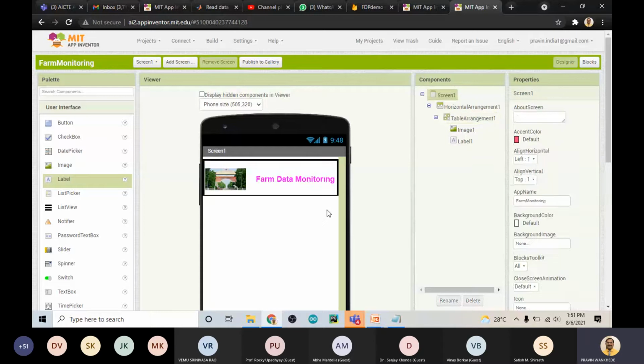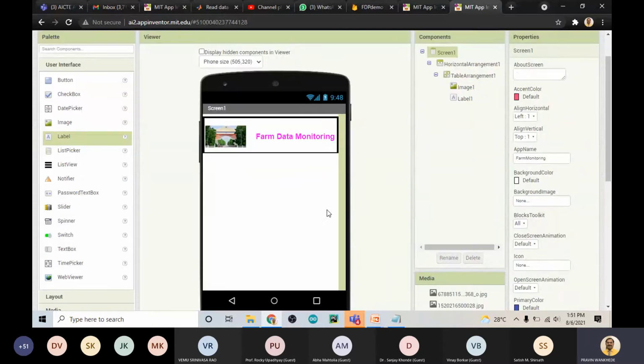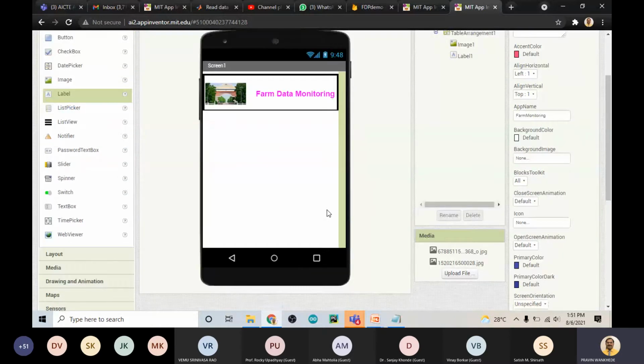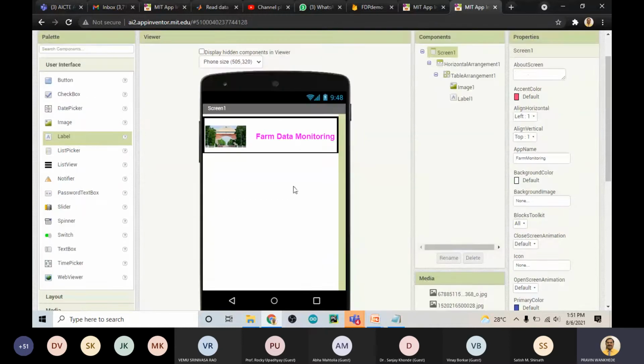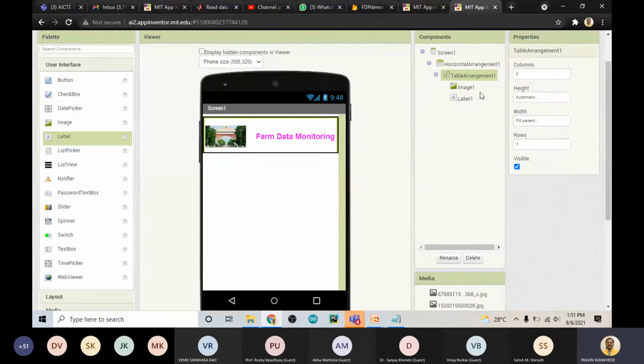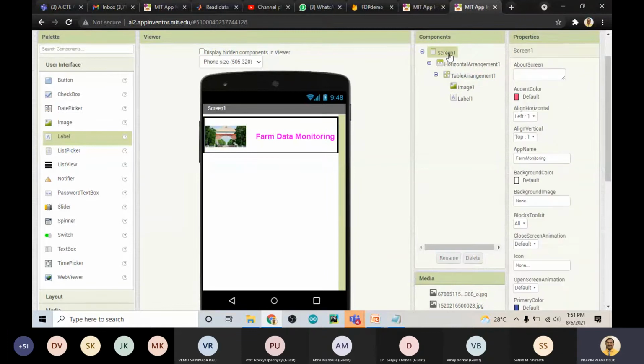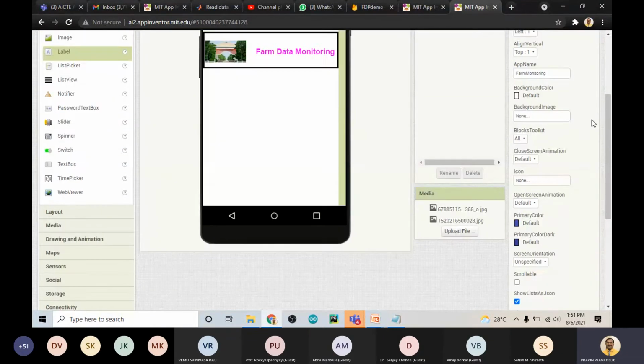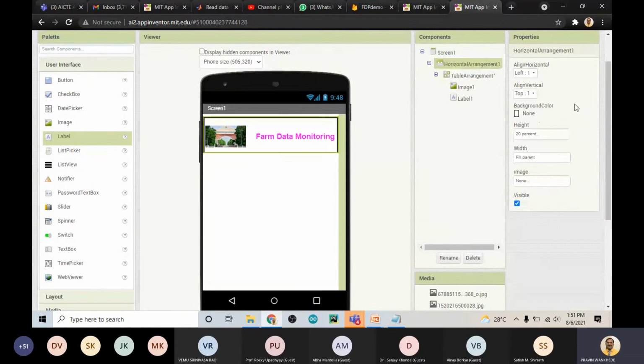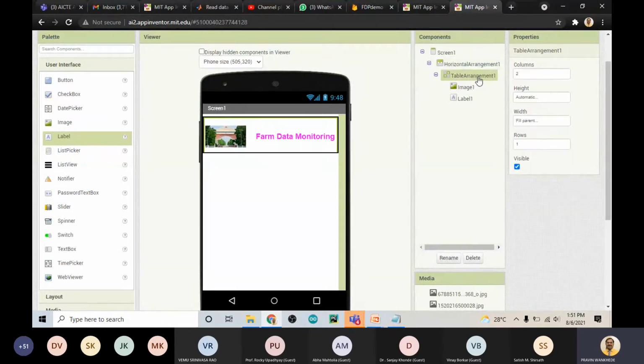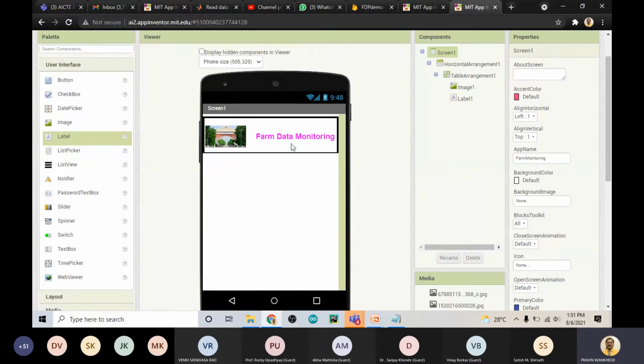So now we got one image and its name. Okay, now we want to get the data.